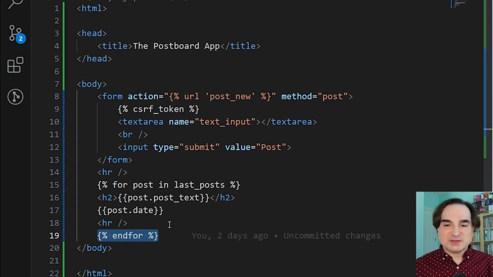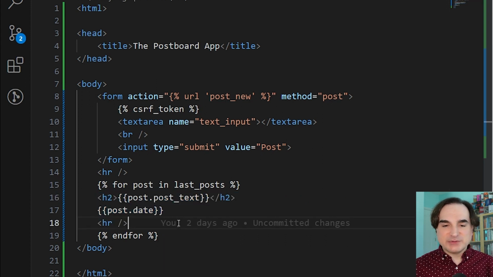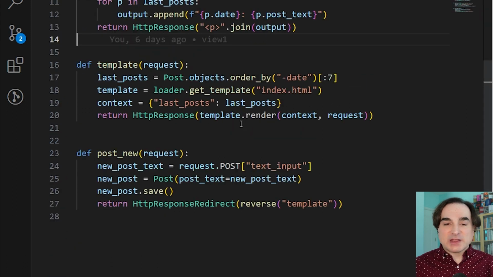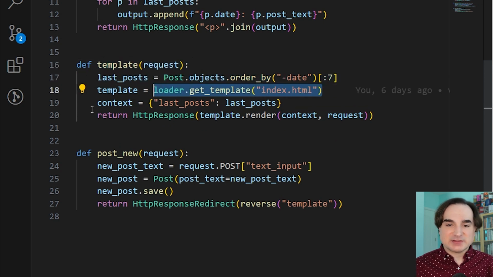So everything inside this block gets rendered in the document multiple times, once for each object in the loop. It's the same as when we used a for loop to build up a string in the previous example, only we're doing it right in our HTML. So here's how we'll use all of this in our code, in the new version of the function we're going to write. We get the data objects as before, and then we use the loader function from Django's template module to read that template from disk.